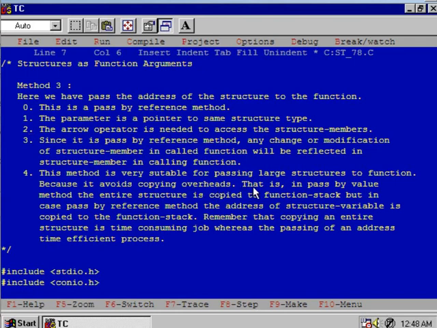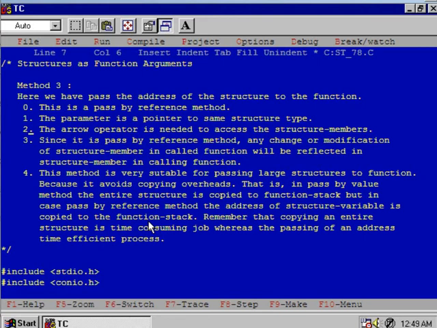That is, in pass by value method, the entire structure is copied to the function stack. But in case of pass by reference method, the address of structure variable is copied to the function stack. You see, in a pass by value method, entire structure will be copied to the function stack.